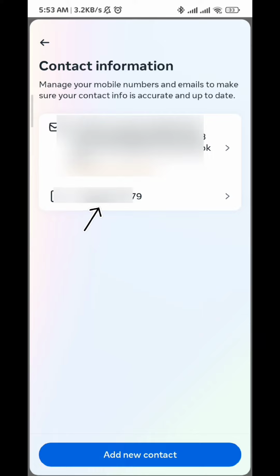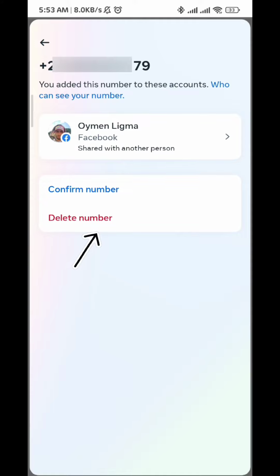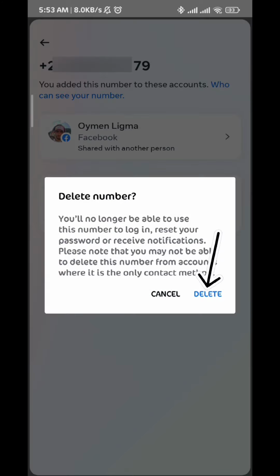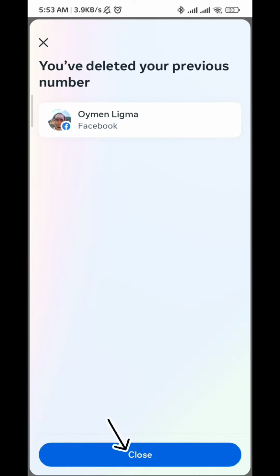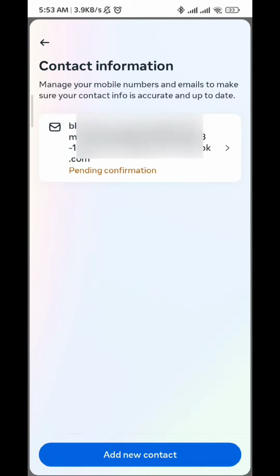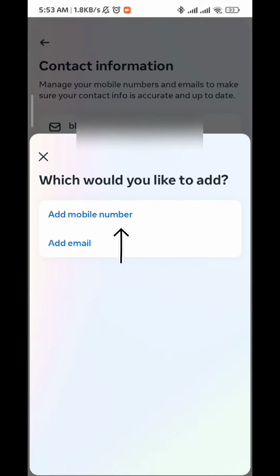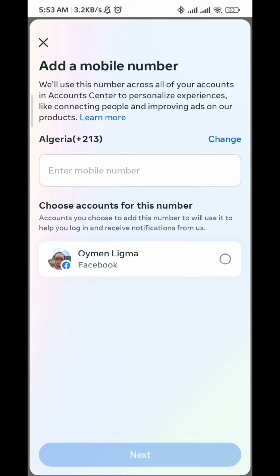Just tap on it. Once you do, tap on Delete Number right here and then tap on Delete. Just like that, you have deleted the first phone number. Now tap on Close, tap on Add New Contact to add the new one, tap on Add Mobile Number, and